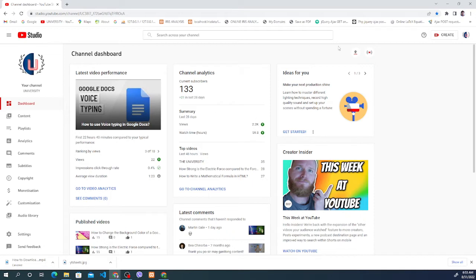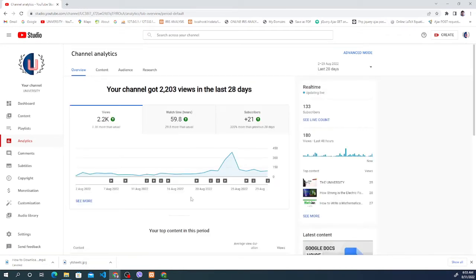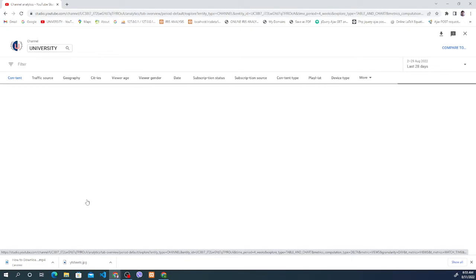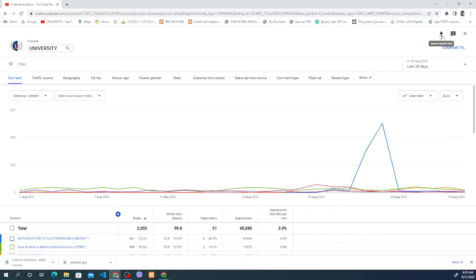Alright, so as you can see there's no button that will enable you to download the said stat sheet. So you can go to channel analytics, or you can click it right here, and you click see more, and as you can see there will pop up a button right here that asks you if you want to